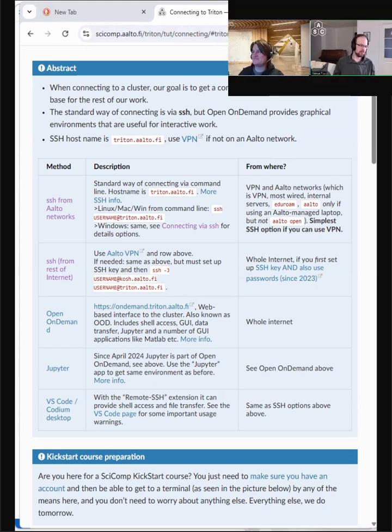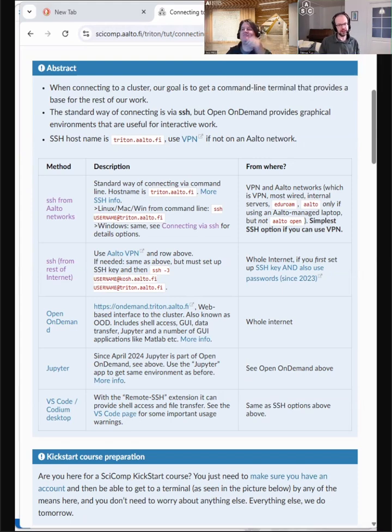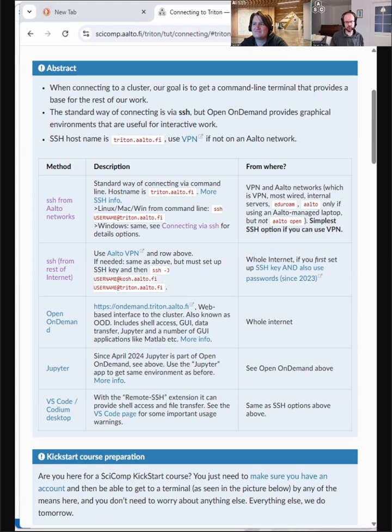Okay, so now about connecting to a cluster. Essentially, there are many different ways you can connect, and it also depends a bit on what cluster you're trying to connect to and what things are being offered. We are mainly focusing here on the options that we give at Aalto, so with Triton, but most of them are also applicable